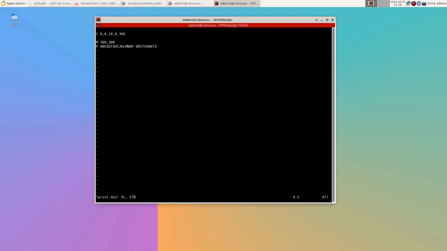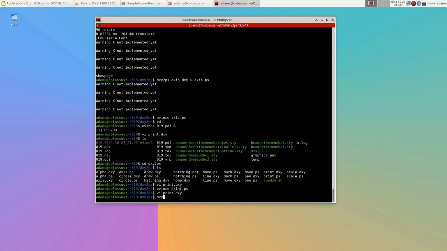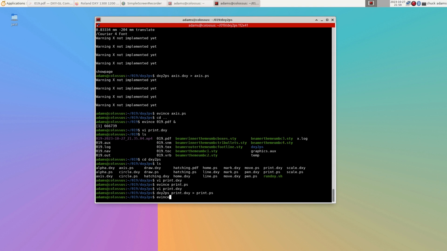Well, what I do is I do a 2 capital Y, go down here and do the print, and let's go back to the same position in X, but let's move up like 20. And let me remove this blank, and this will tell us whether there is a blank or not. So we do print.dxy, output print.ps, then look at print.ps,